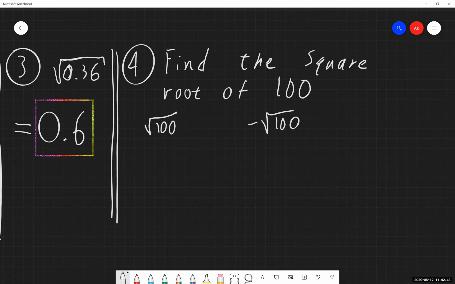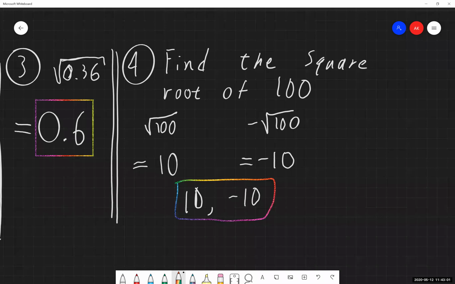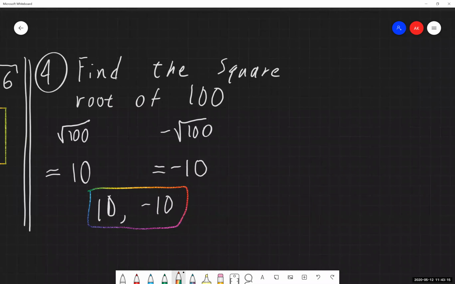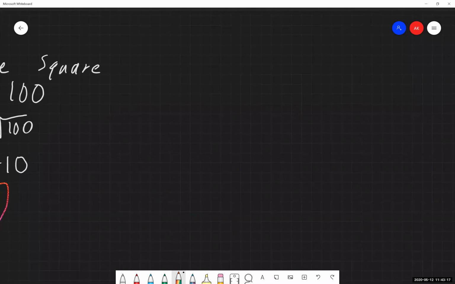So the square root of 100, the positive square root, is 10. And the negative square root is going to be negative 10. So the square root of 100 is going to be 10 and negative 10. And again, this all is because of the fact that we are not being told anything about whether we are finding the positive or the negative. We're just told, find the square root, which means we have to list everything. It's a very subtle part in the wording, a very subtle part in information that we are given, but we have to follow through with doing that.